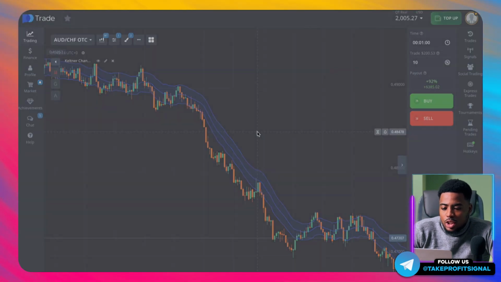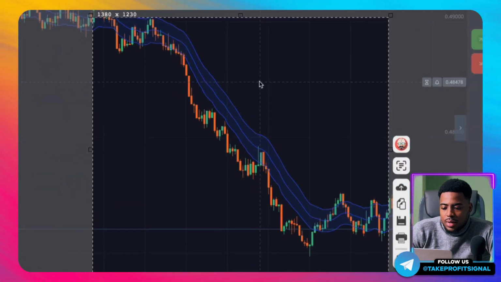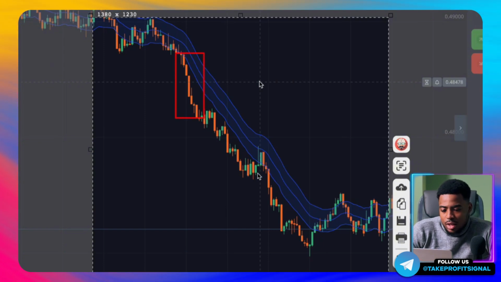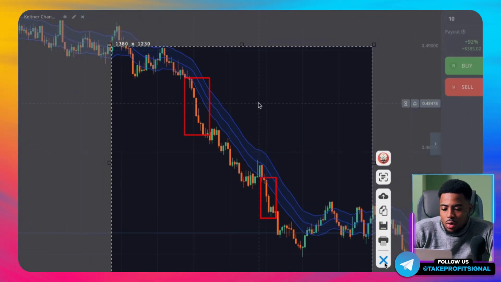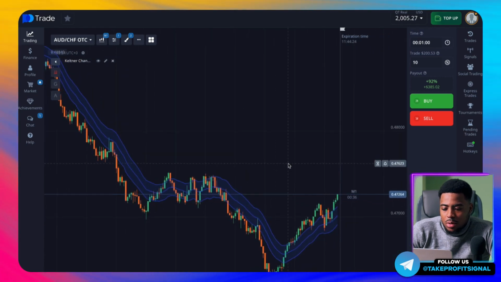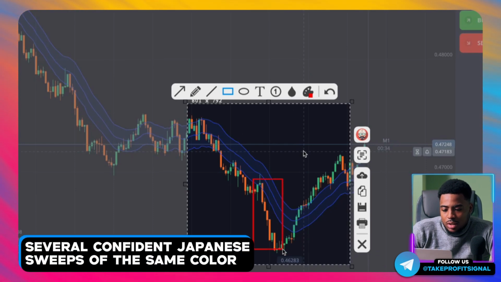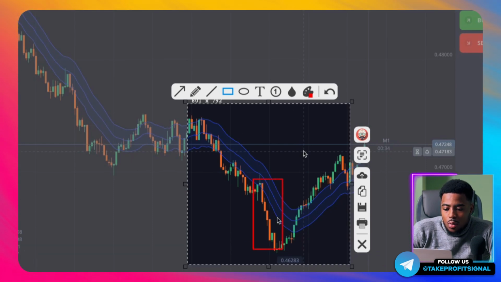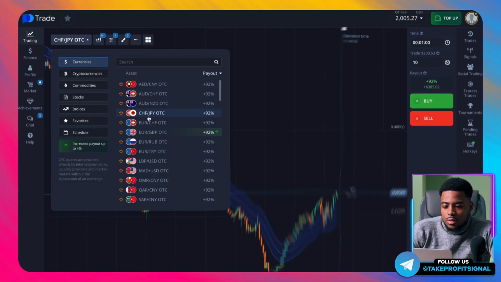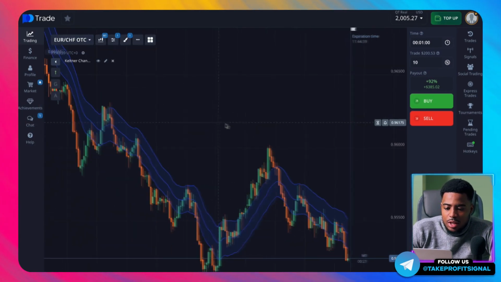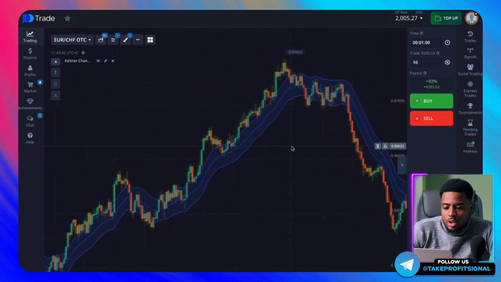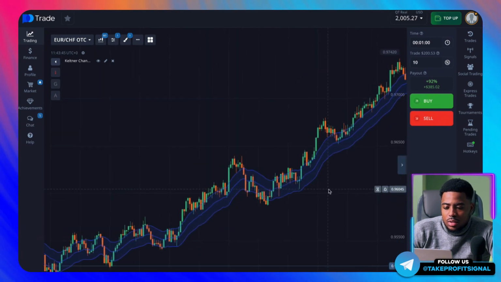We will trade these trend exits from this indicator. I am talking about this zone. If we look at this chart, we can also find several similar patterns which are accompanied by several confident Japanese candles of the same color. We can also switch to any other chart and find the same thing. And here, let's say, on a falling trend, there are the same situations as on a rising trend. Now we will learn to enter these situations at the very beginning in order to get the maximum profit from it